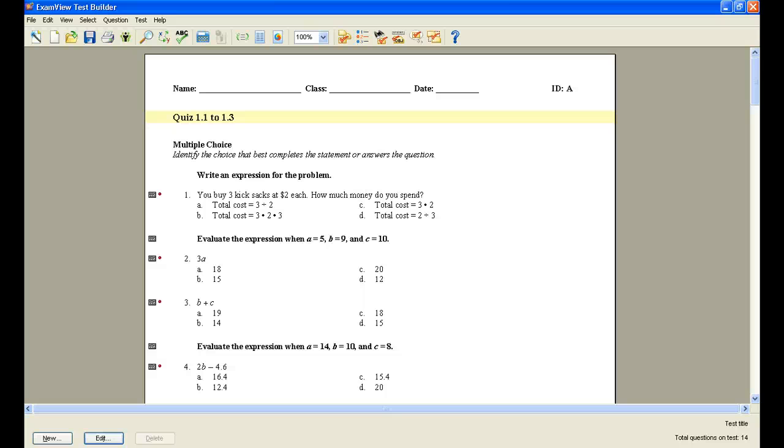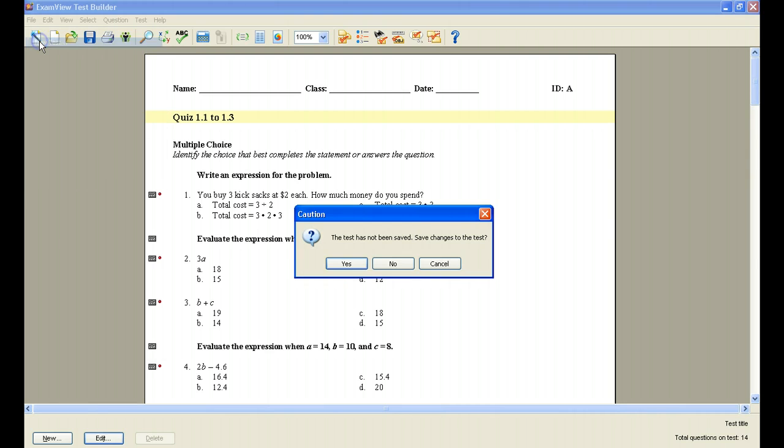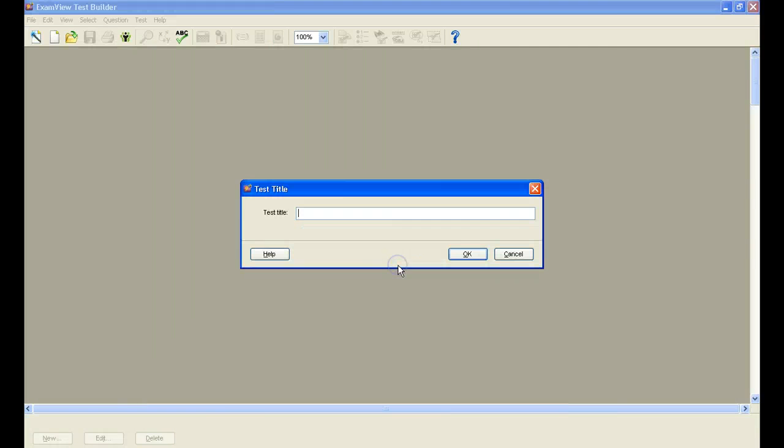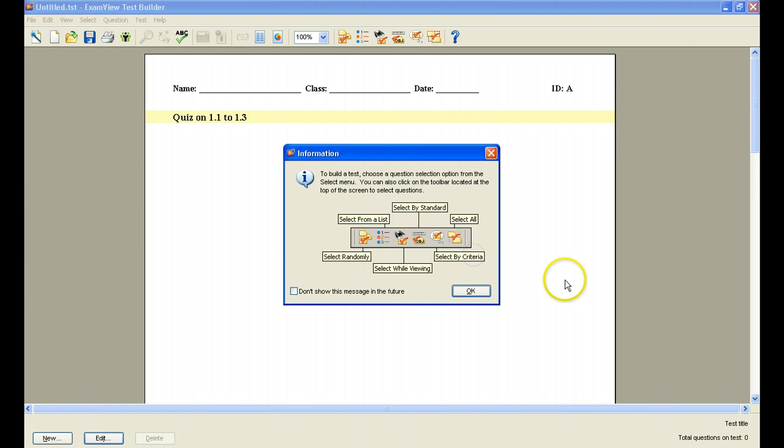So what we're going to do now is exit out of this particular test by coming up to the file at the top of the screen, the top left hand corner, and we're going to do new test. It's going to ask us if we want to save this old one, and at this point I would not like to save this one. I will show you in our print publish section of the video series how to save the quiz tester worksheet. We're going to say no for right now, and it's going to ask us to retitle our next quiz tester worksheet, and I'm going to do it the same way. I'm going to call it quiz on sections 1.1 to 1.3,